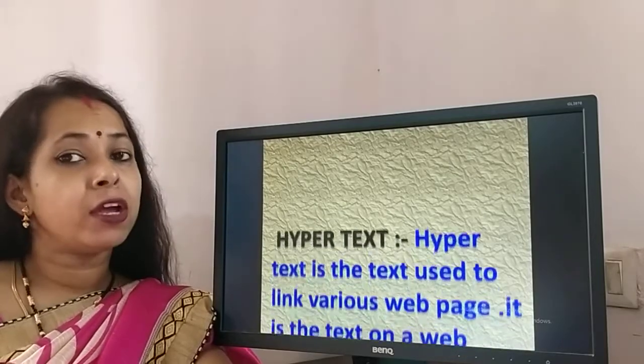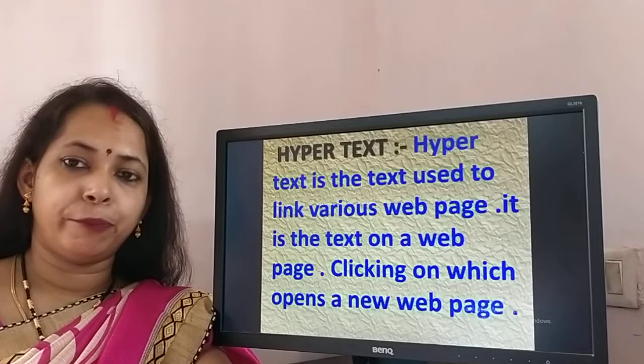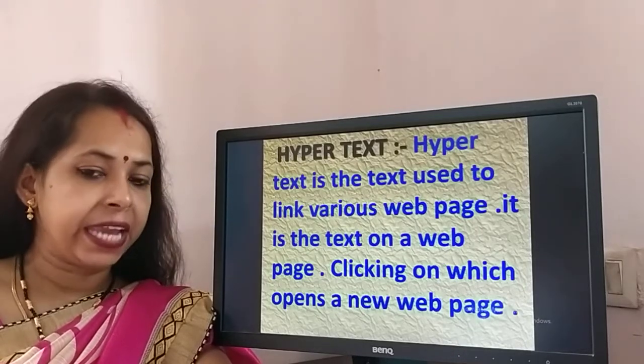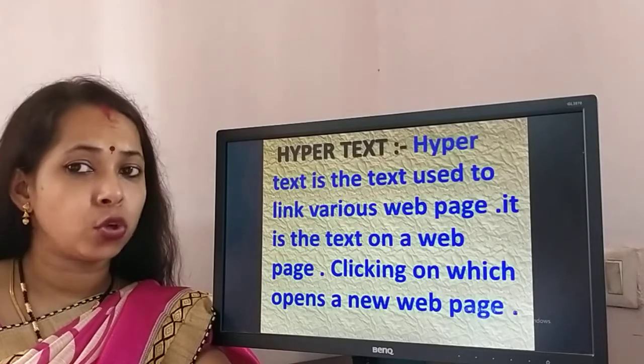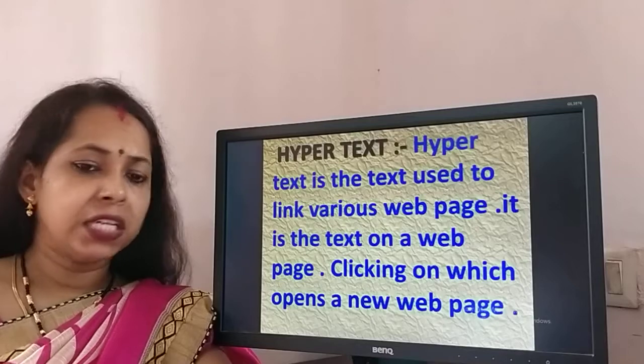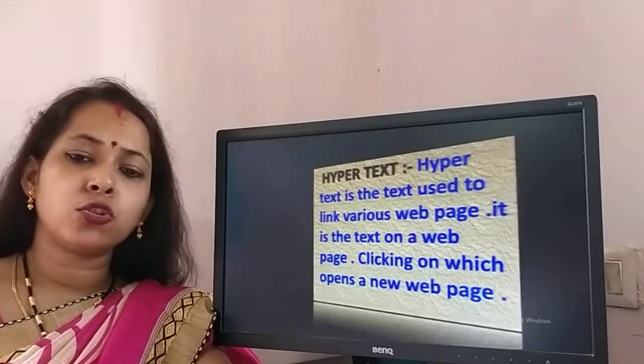Hypertext is the way we move around on the web, by clicking on a hyperlink that takes us to the next page and so on. Hyper means simply not in any set order. That is, it can take us to any place on the internet by clicking on hyperlinks.